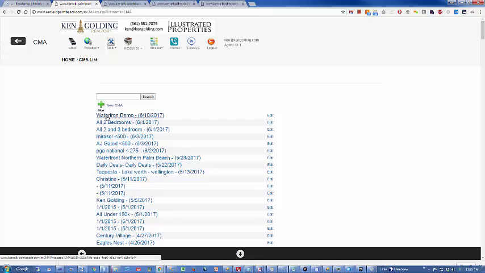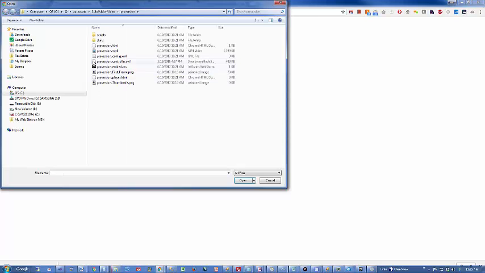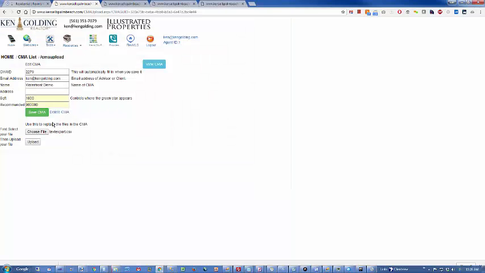So here's one that I typed, waterfront demo. If I hit edit, it'll open up waterfront demo, and I can change the name. I can say we're looking for 1,800 square feet. 900,000 is what they'd like to find. I choose the file that I want. I go to my downloads folder. There's my file. I go ahead and upload it,